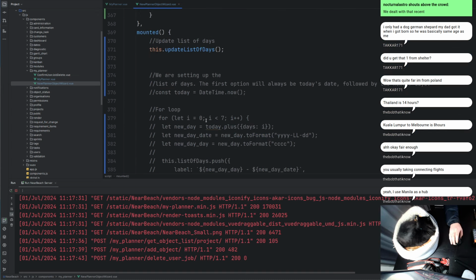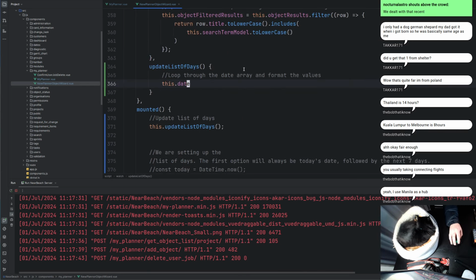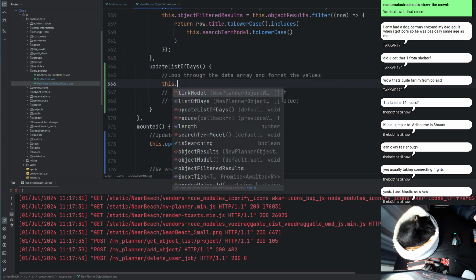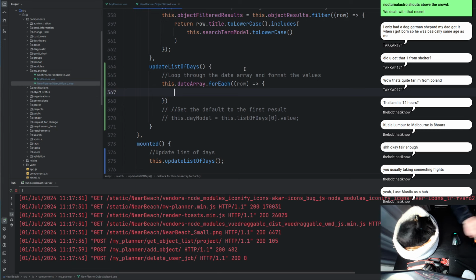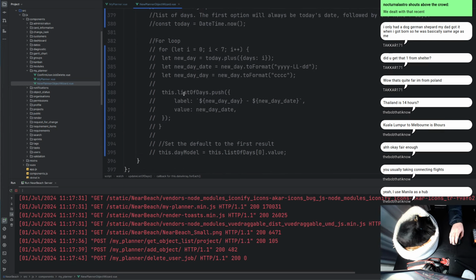We'll need to do that. All right. So date array dot for each row. All right, cool. So we're doing a similar thing down here. So we've got the